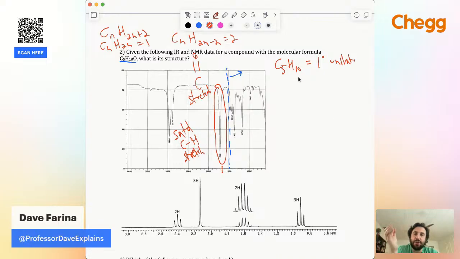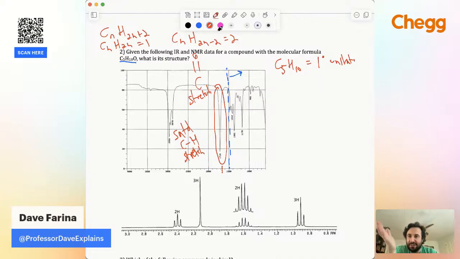We're learning something: the number of hydrogen atoms present tells us also something about the structure, right? And so 1 degree of unsaturation makes perfect sense with the carbonyl because there's a pi bond in the carbonyl. That's our 1 degree of unsaturation. So other than that, we have hydrocarbon and a carbonyl. That's all it is. We know we have a carbonyl, and that carbonyl represents the 1 degree of unsaturation that we just said. So if we have a 5-carbon molecule,